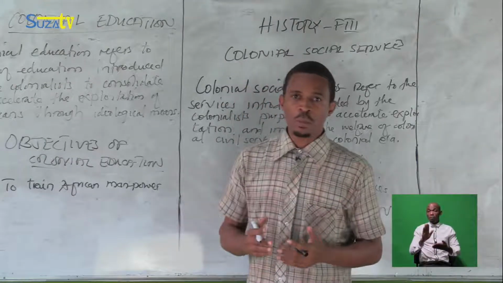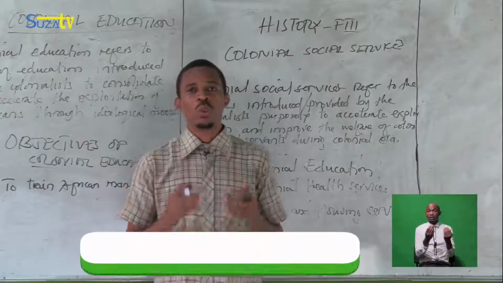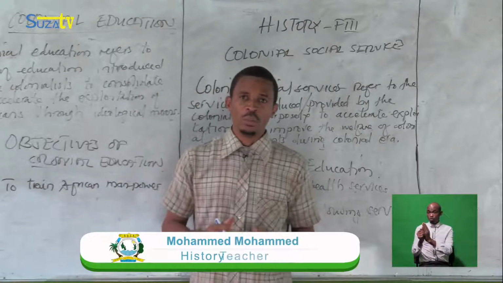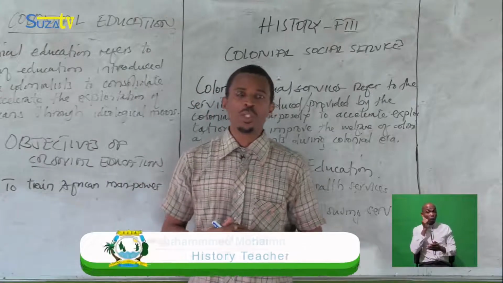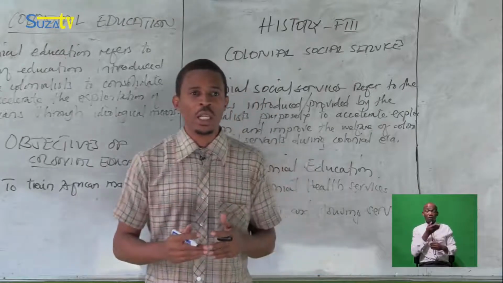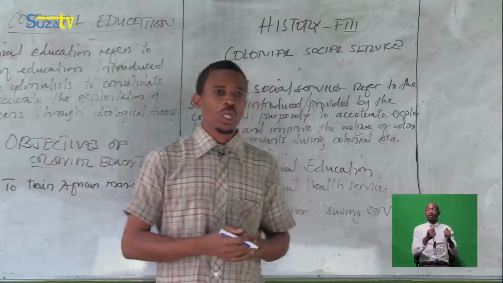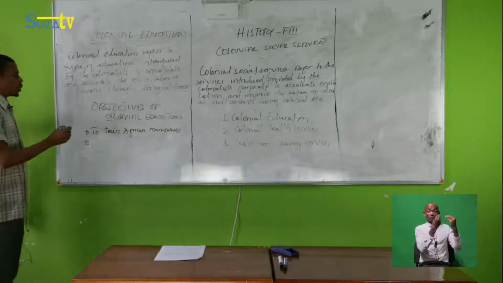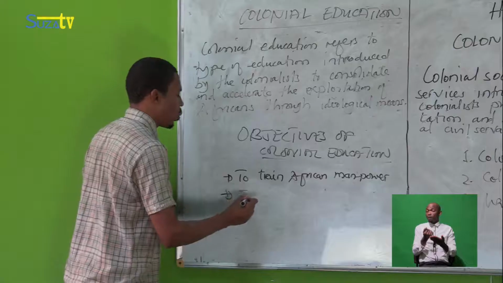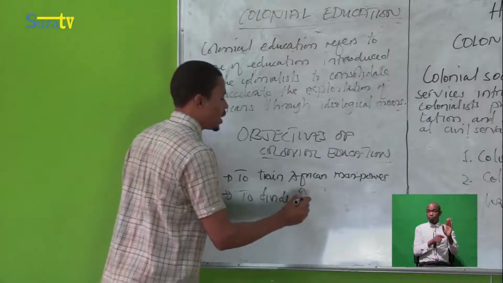When you divide the people, it will be much easier to control or to rule them. That's why the whites used this principle of divide and rule by providing colonial education. So they provided colonial education in order to divide Africans,